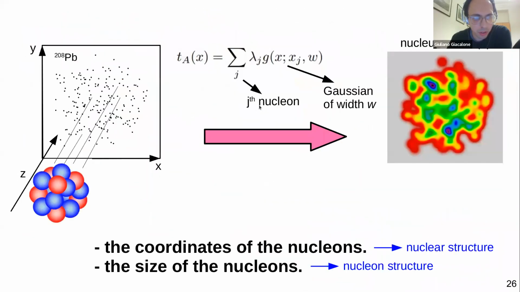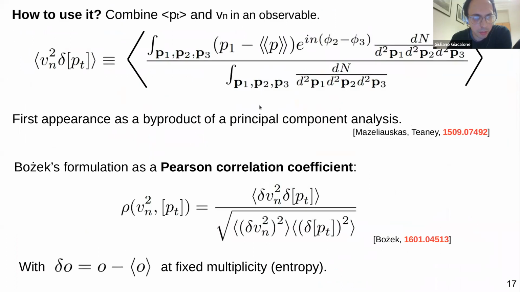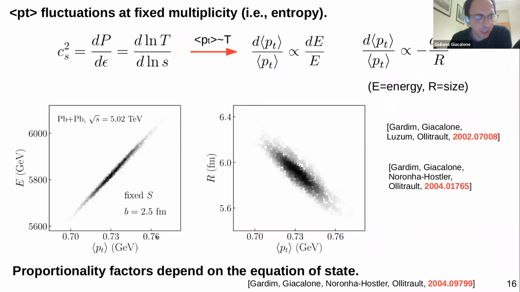This is what I showed here. You can do this. This is a full hydro calculation of mean PT for a batch of events. This is the final state observable, okay? And then you can match it to initial state quantities: the energy at the initial condition and the radius at the initial condition. And you can see that these are again straight lines. So the final state observable is just determined by the fluctuation of the initial state quantity, even for the mean